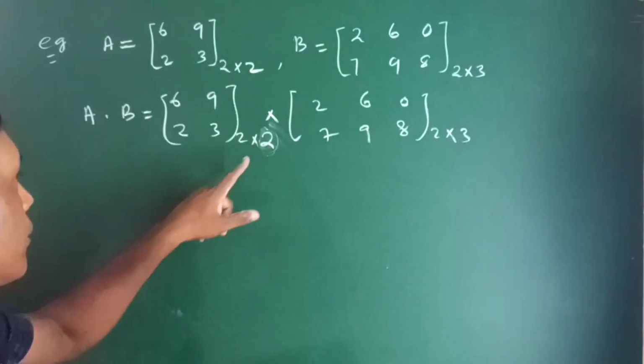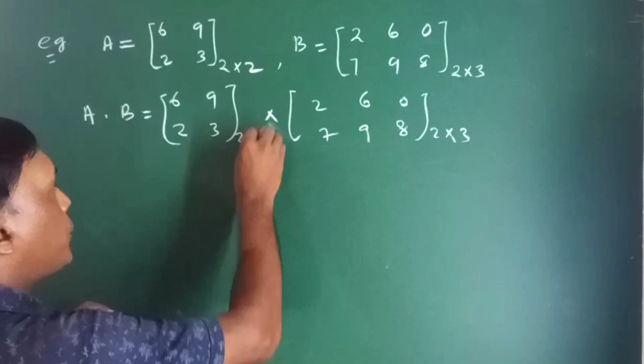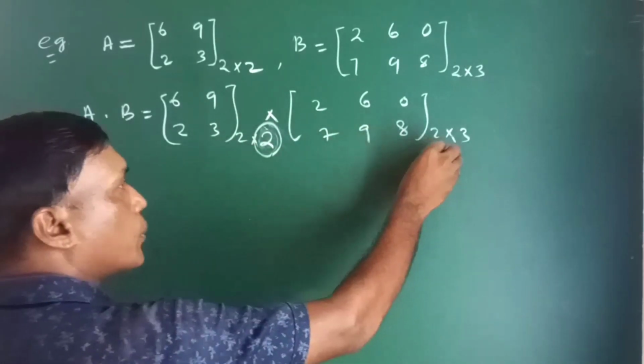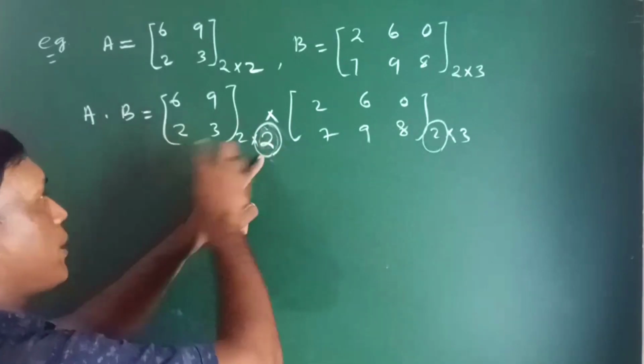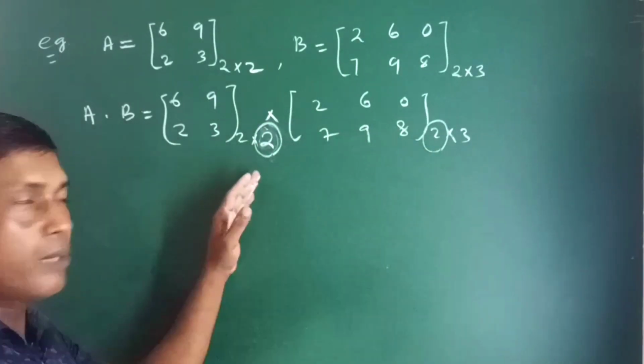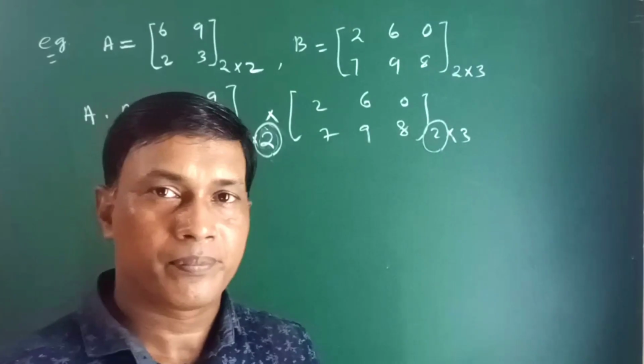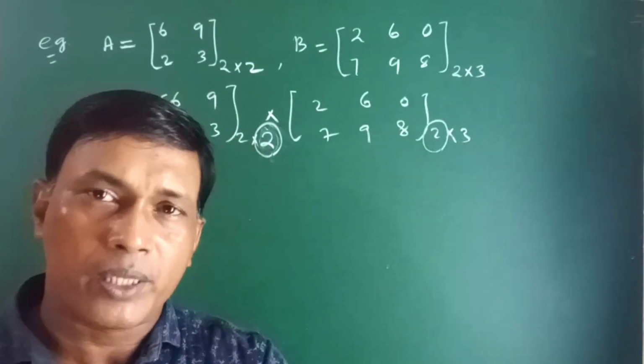So look at here, the number of columns in the first matrix is 2 and the number of rows in the second matrix is 2. So here number of columns of first matrix, number of rows of second matrix, first matrix का column और second matrix का row equal हो गया. So matrix product is possible, but question arises,